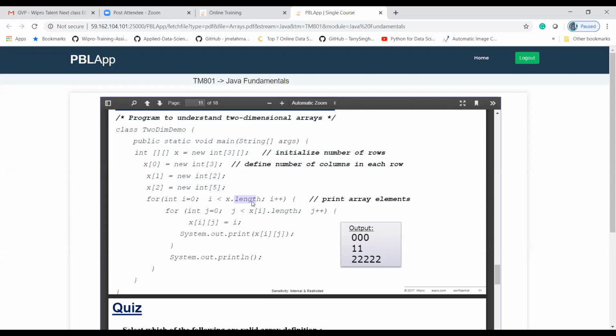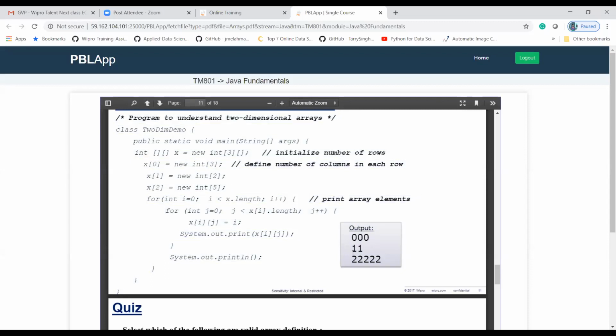This one is the row value, this one is the column value. I am printing the row value i here. That's why the output is 0th row, 1st row, and second. The index values are 0, 1, 2, like that. Here 3 means it repeats 3 index values. 0, 1, 2 will be assigned as zeros.